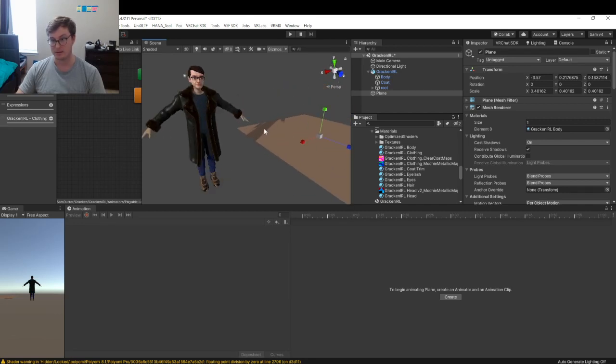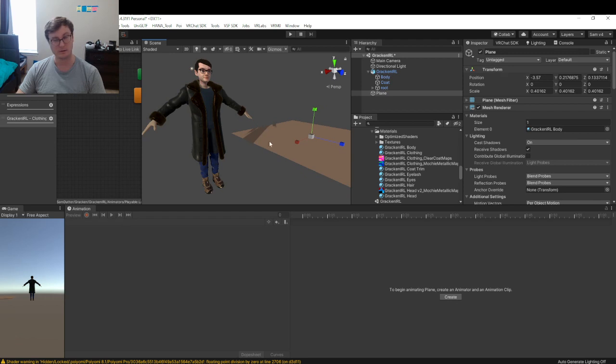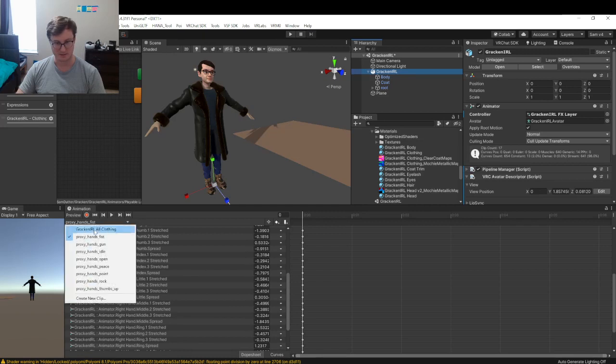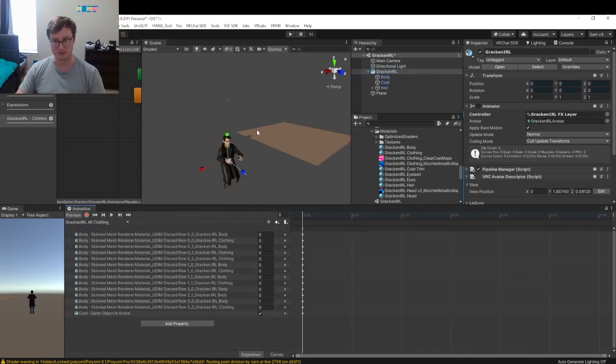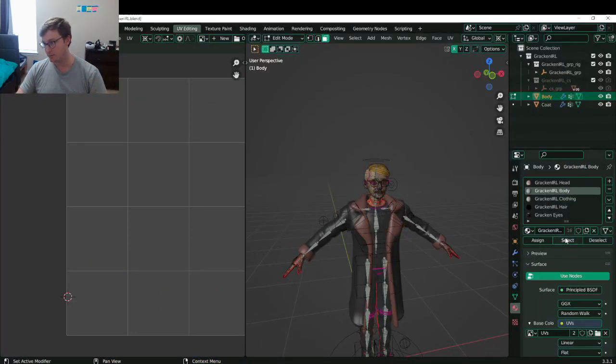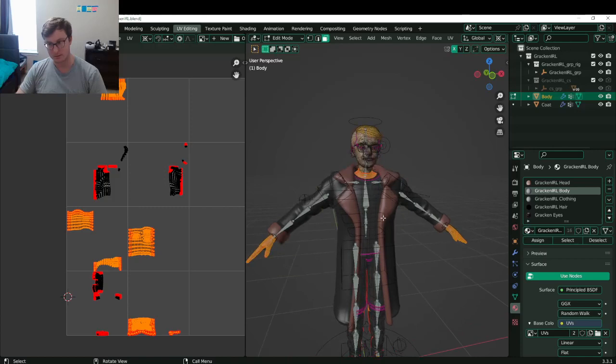And then, no, this probably isn't going to work, but we'll give it a shot. It'll be interesting to see what this looks like. So we'll go to Gracken Clothing, preview it, and snap. This is difficult. Just put in order by their numbers first. So when all clothes are on, we need the body to disable